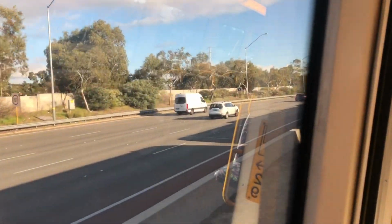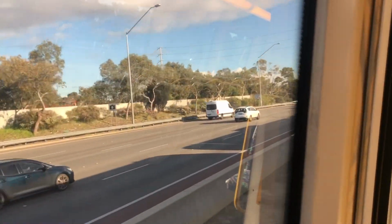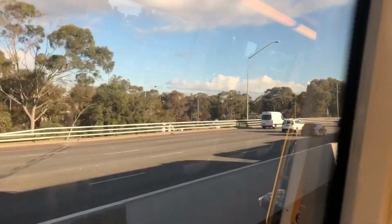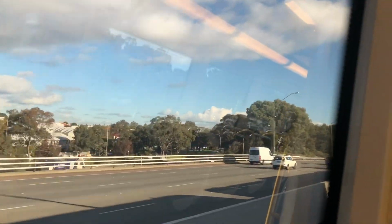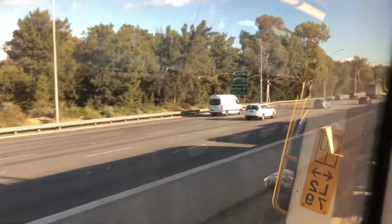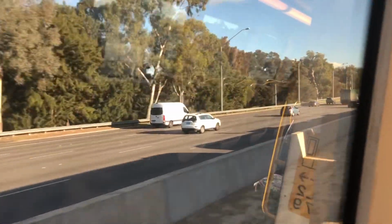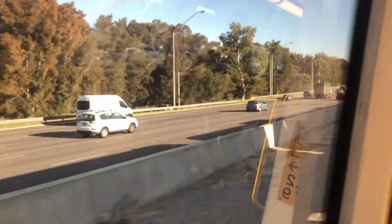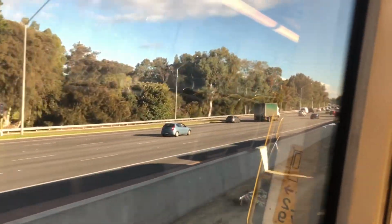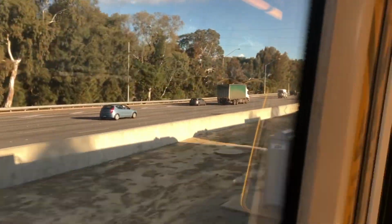Just to try out some new routes. So I'll take the 376, which I've tried one time, but I took a deviating trip from Mirrabooka to Lansdale and it terminated, so that's why that's not a full journey. I will take the full journey this time from Whitfords all the way to Mirrabooka. And I'll do the 960, which I've taken a lot of times, so that's not really something new. I'll take the 960 from Mirrabooka down to ECU, Mount Lawley, and I will take the 406, which I have